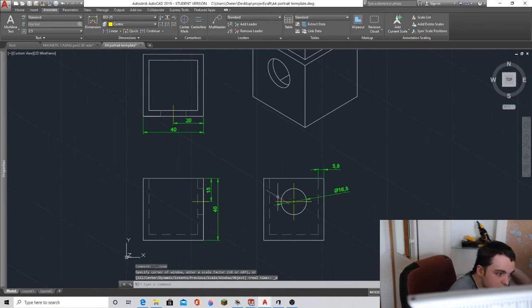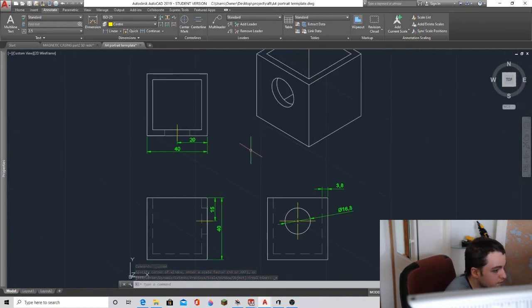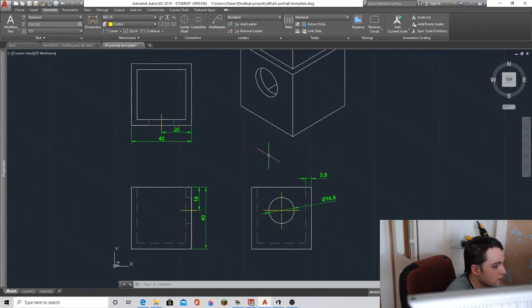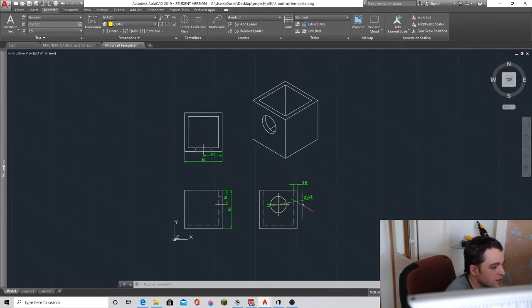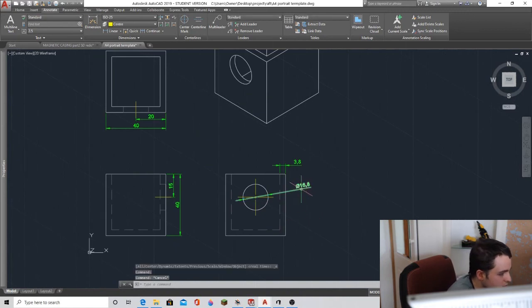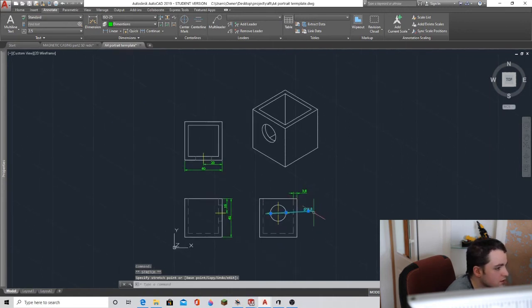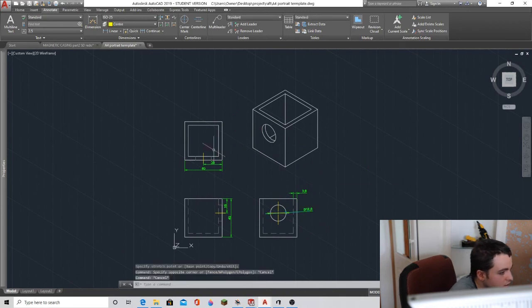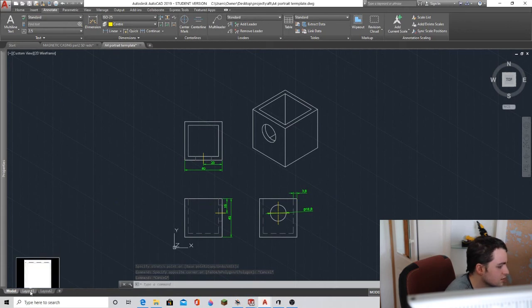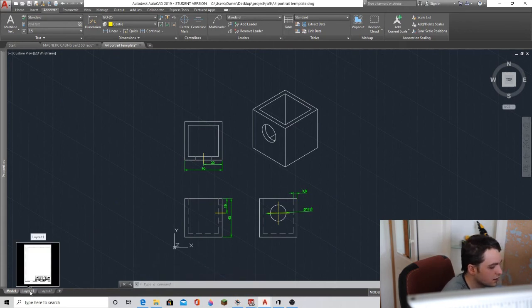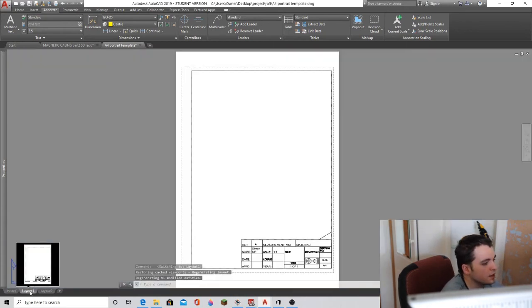Alright, so we've got the annotations, we've got the dimensions, and it's a demo model really, so we don't really want to add any tolerances on this. We could add tolerances, but it's not going to be used for its cosmetics. And that's that. So once you've done this, as I said earlier on, I pre-made a template for this, which